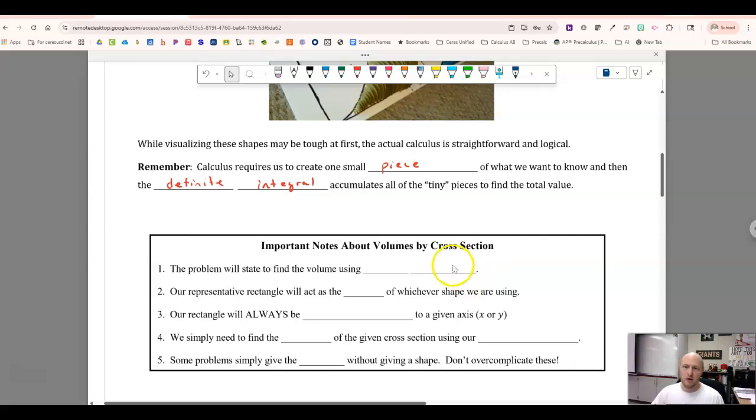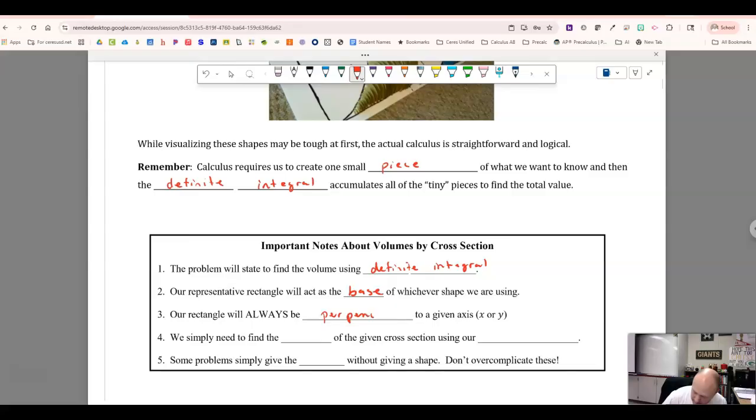Some important notes about volume by cross-section. The problem will state to find the volume using a definite integral. Our representative rectangle will act as the base of whatever shape we're using. Our rectangle will always be perpendicular to an axis, either the x-axis or the y-axis. If it's perpendicular to the x-axis, we're integrating with respect to x. If it's perpendicular to the y-axis, we're integrating with respect to y. We simply need to find the area